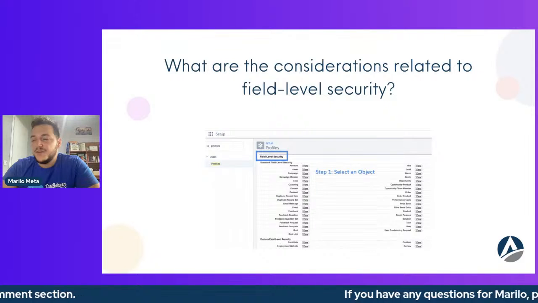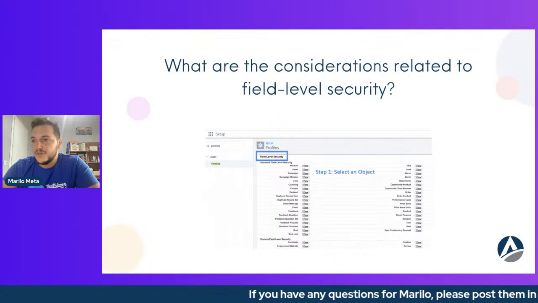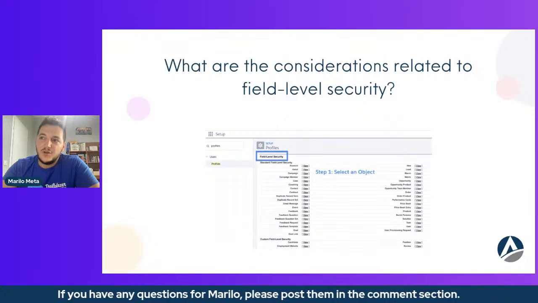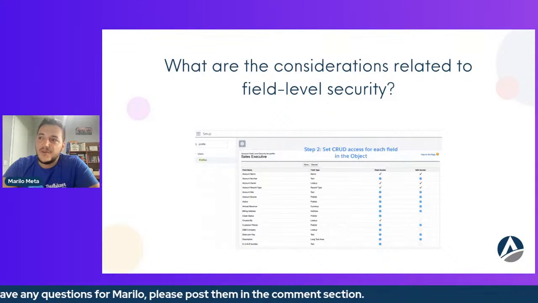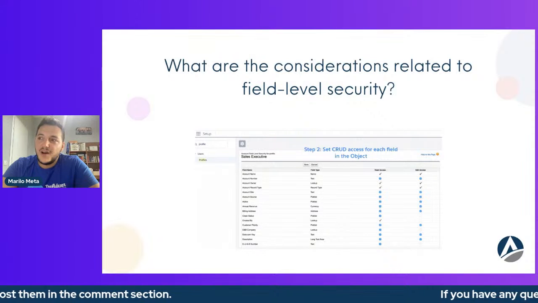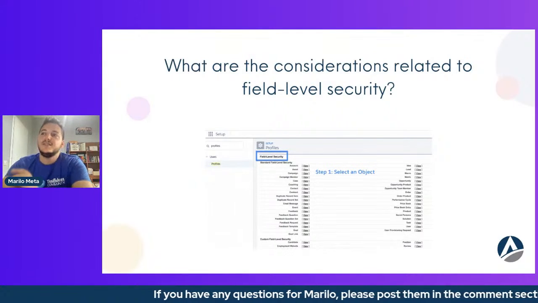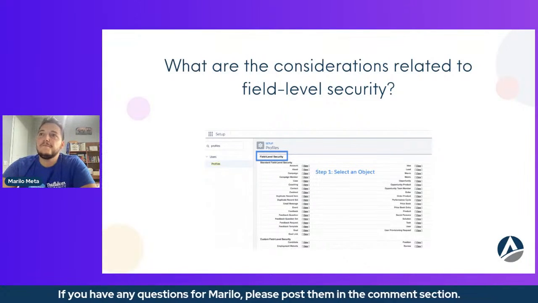Or you can make a field required, not universal, but required on a page layout or visible on a page layout. Or through profile, you can place the field level security for that profile on some fields, and give them read access or edit access. This is the field level security. Going more,